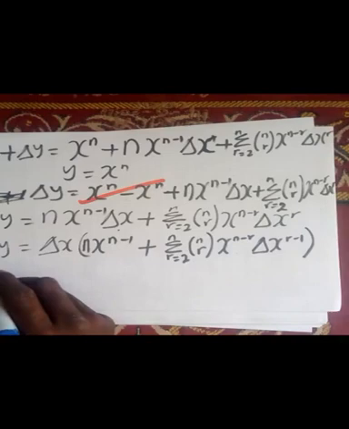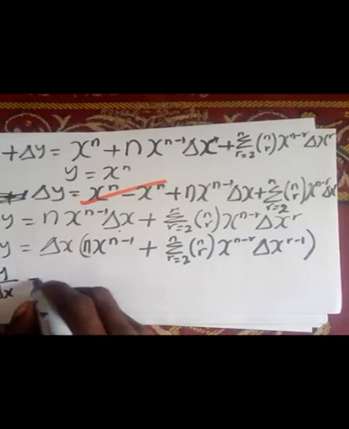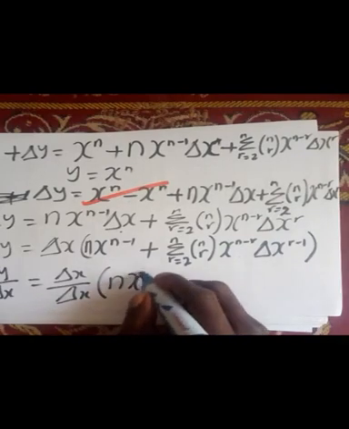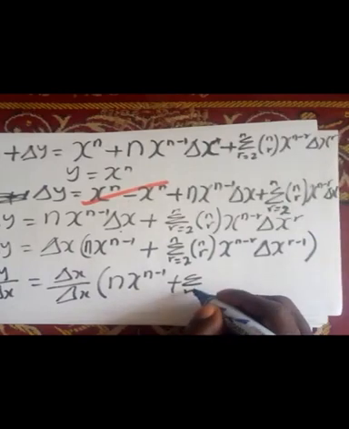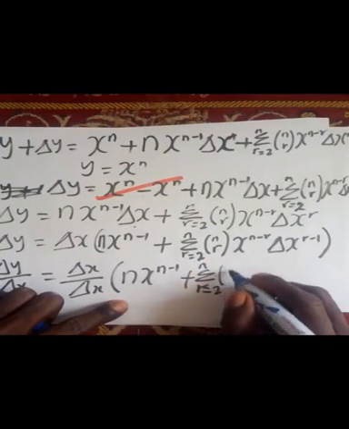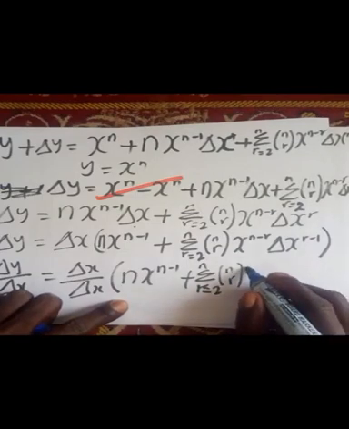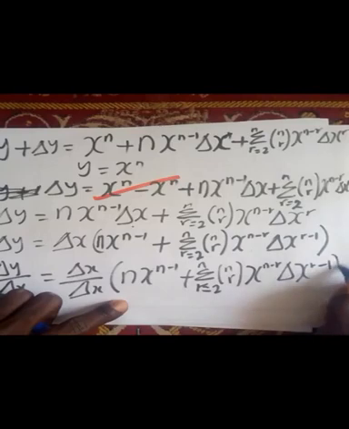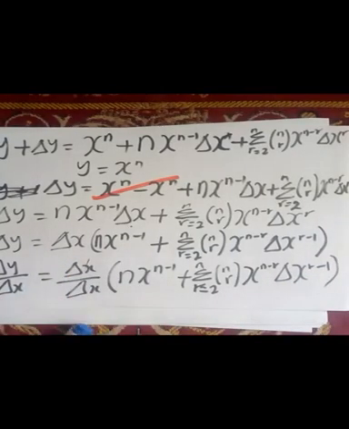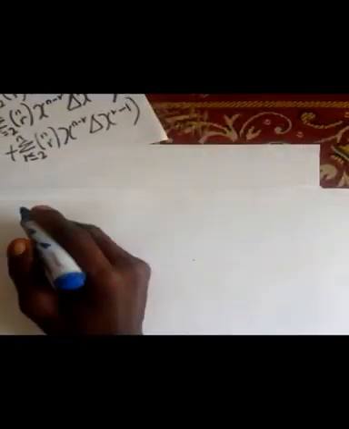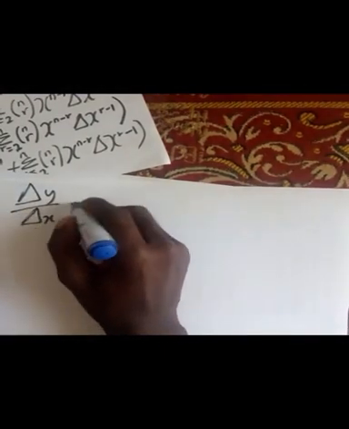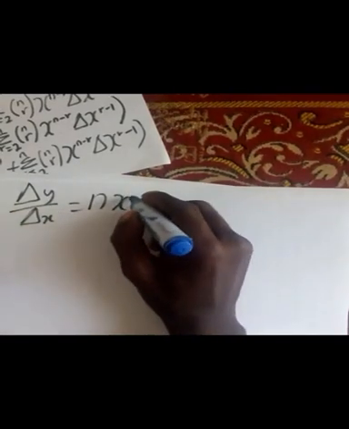So when you divide through, we have delta y over delta x is equal to delta x all over delta x into n x raised to the power of n minus 1 plus summation from r equals 2 to n of n combination r, then x raised to the power of n minus r, then delta x raised to the power of r minus 1. So this one becomes 1, this one will cancel out, they become 1. So the next thing we are going to be left with is delta y over delta x is equal to n x raised to the power of n minus 1,